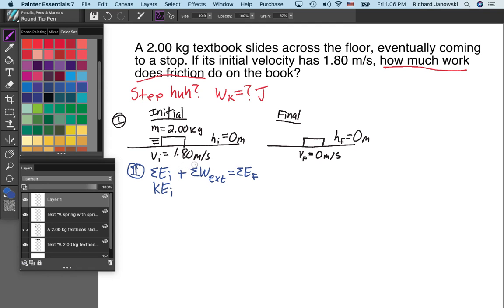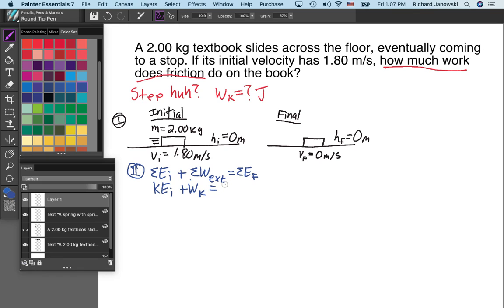Now your next term, sigma work external. Is there anything from the outside that's giving us more energy or taking energy away? In fact, there is. There's friction. That's what we're looking for in this problem. So that means we're going to have a term for work due to kinetic friction,